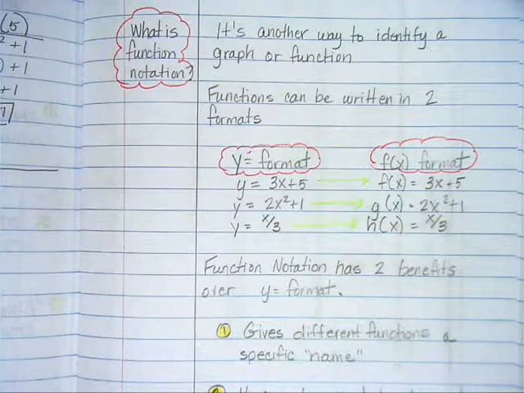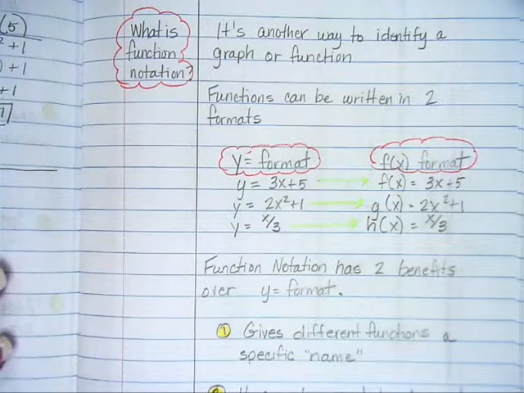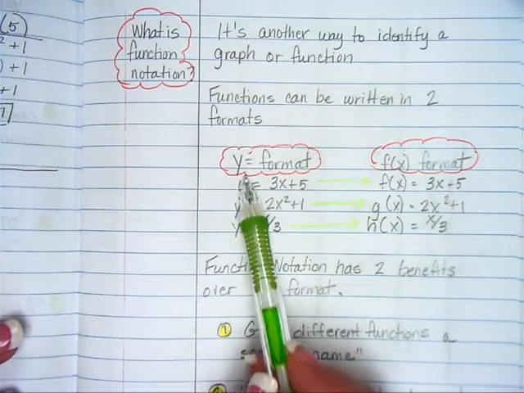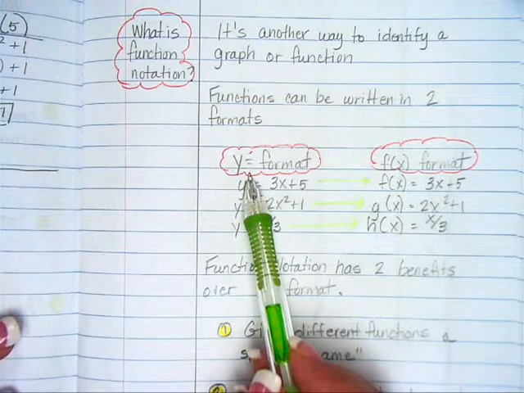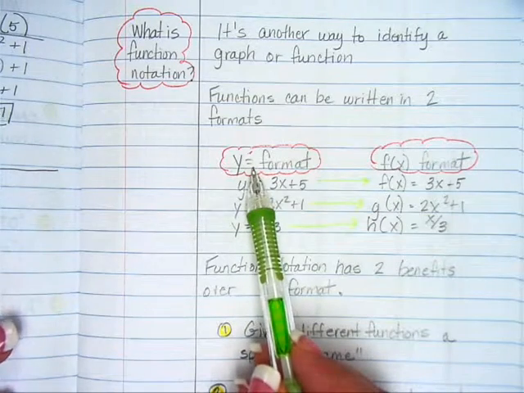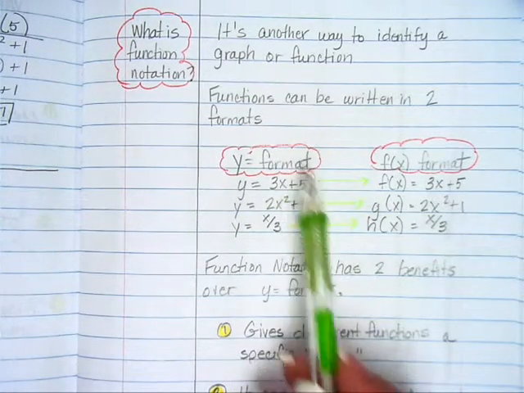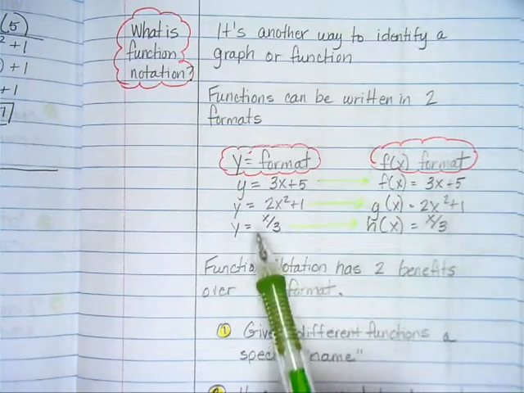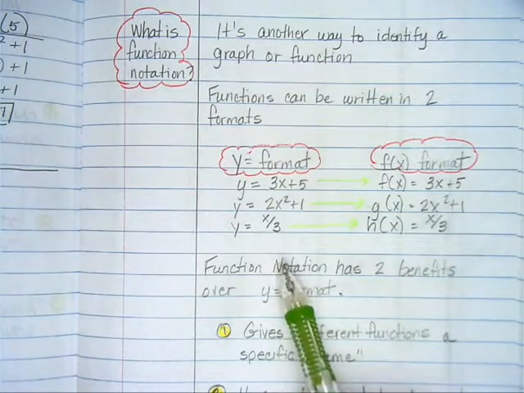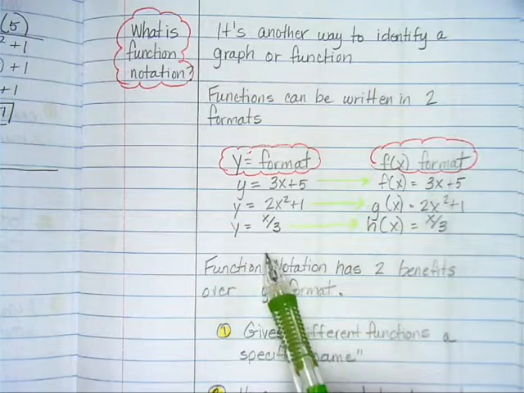Our objective is I will learn what function notation means and how to use it. Well, what is it? In a nutshell, it's another way to identify a graph or a function. It's another name. Functions can be written in two formats, and you've already written this down in your notes. We've been looking at the y format, or the y equals format, where y equals some work done to x, like 3x plus 5, or y equals something like 2x squared plus 1, or y equals something like x divided